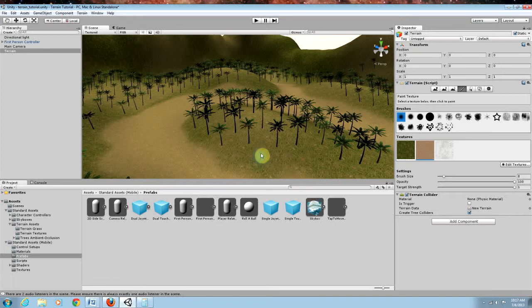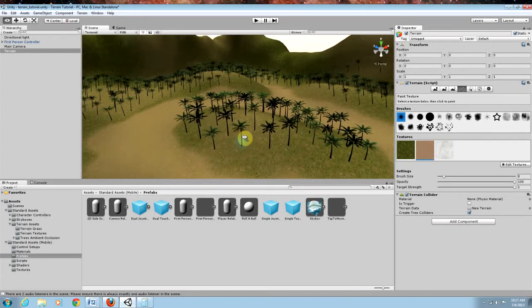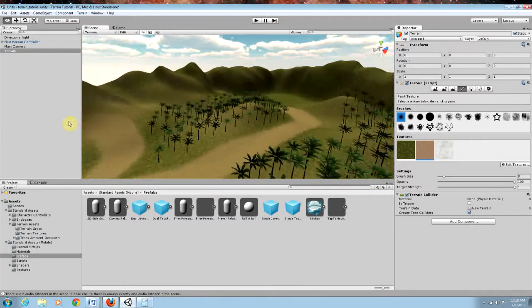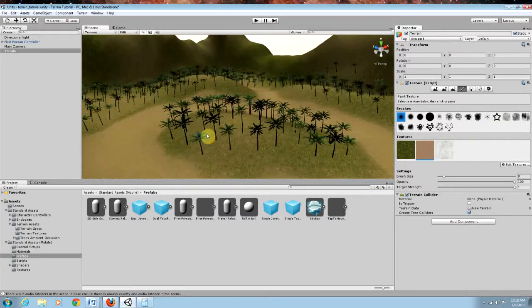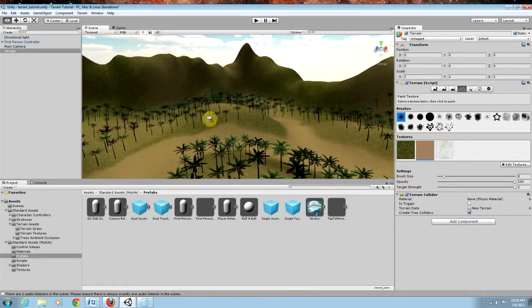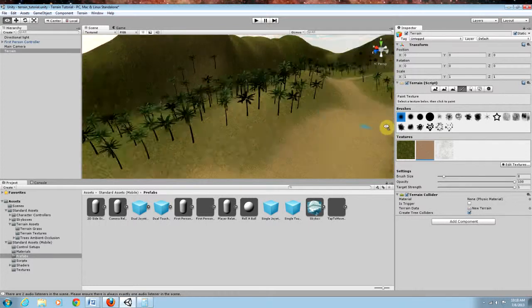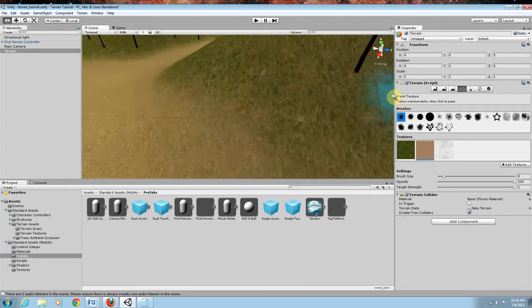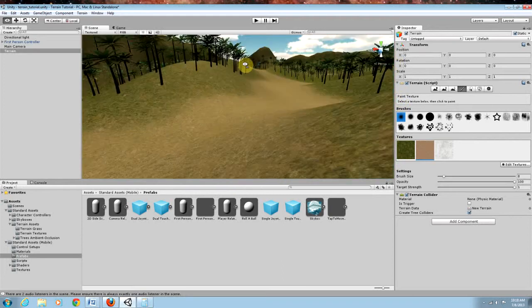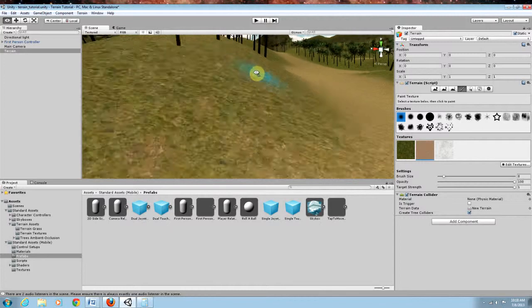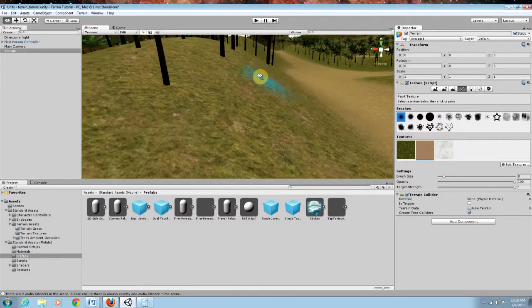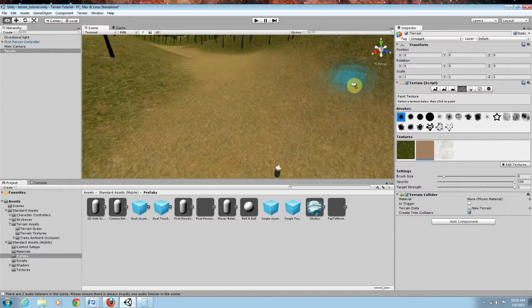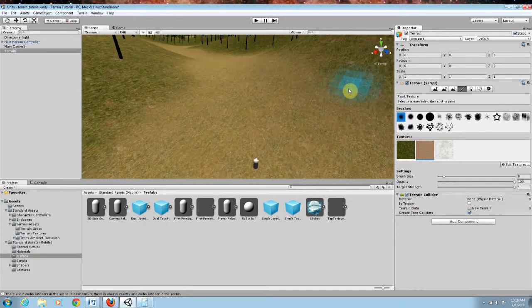Okay, now that we've got the trees in our terrain and we've got a dirt path for our players to follow, we're going to look at putting some grass in our level. Now we've already got the grass texture on the terrain itself to give it a grassy look, but if you get down and look at it, it really doesn't look that great as far as looking like grass. I mean, you kind of got the colors of grass, but there's not really any grass standing up. It's just very flat. So what we're going to do is we're going to fix that with what's called the